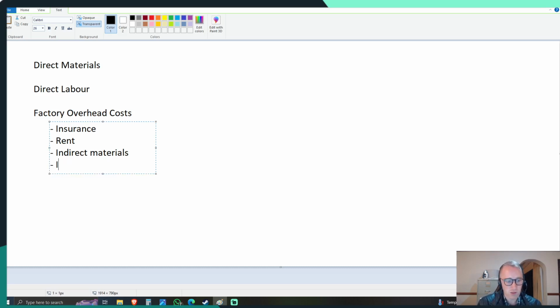And likewise, there is also indirect labor. Things like cleaners and managers. The management of the staff are not there working with the goods. You don't have to hire more management if you're going to produce more goods. The line manager